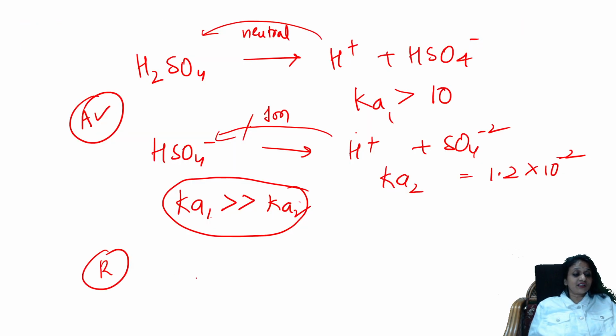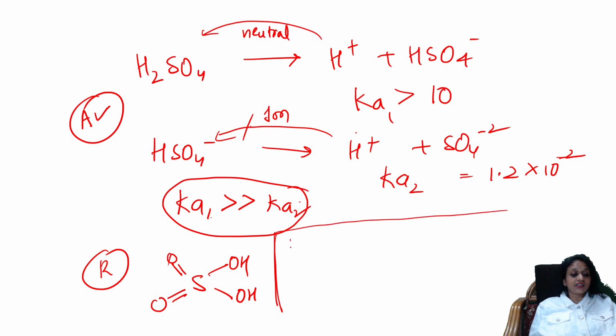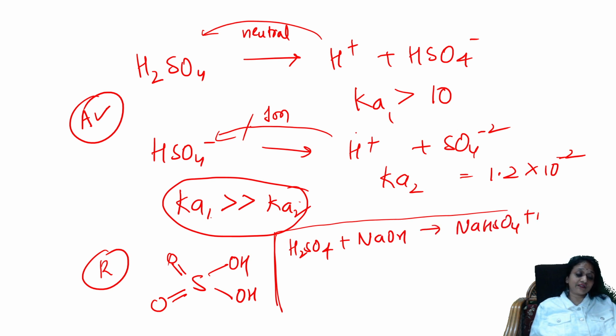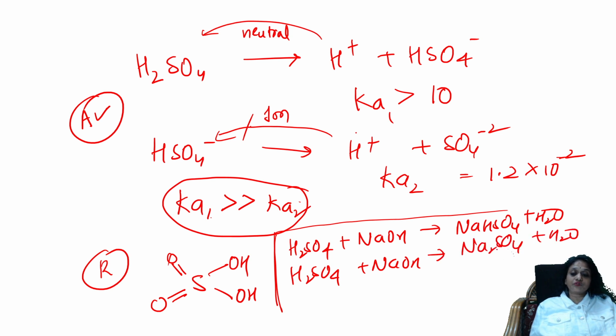When I take sulfuric acid, observe carefully, it is dibasic in nature. The reason is also right, and it forms two types of salt. How? Just check. Sulfuric acid reacts with sodium hydroxide and forms NaHSO4 salt, bisulfate salt. The same sulfuric acid reacts with sodium hydroxide and forms Na2SO4 salt, sodium sulfate. So it forms both salts. That's the reason for two different types of salts. The reason is also right. Clear, students?